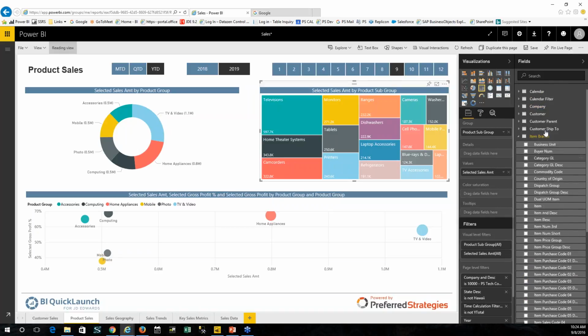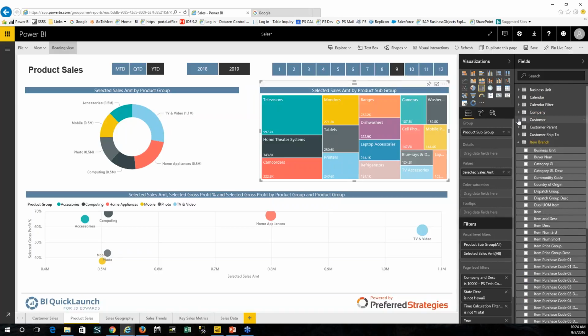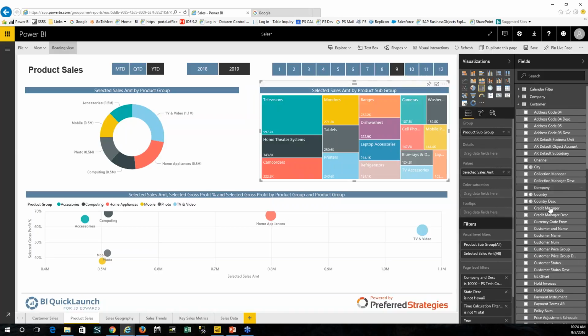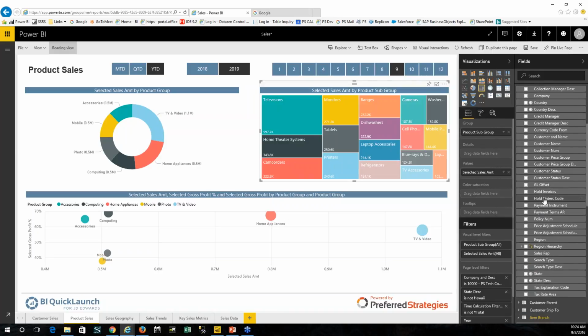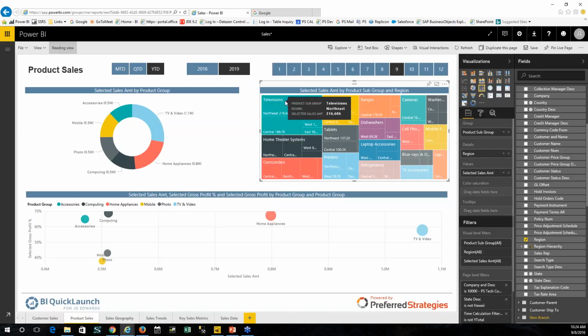We relabeled those as part of the setup. If I go up here to customer, let's say we wanted to find region. If I drag region into the details here, you'll notice it takes each of those groups, like product subgroup, and now I can see the different regions within that. Television is broken down by region, monitors broken down by region. If I drag that up